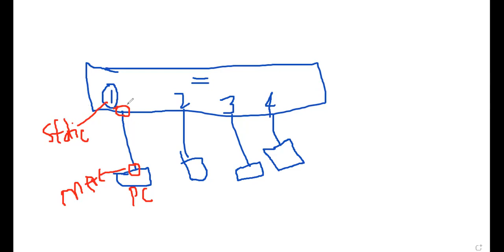Generally, when you connect this PC into this port, it works. Later, when you remove this system and connect any other device, the switch will still forward your communication. But in the real scenario, we always need to make sure that only what is allowed on that specific port is connected, nothing more and nothing less.